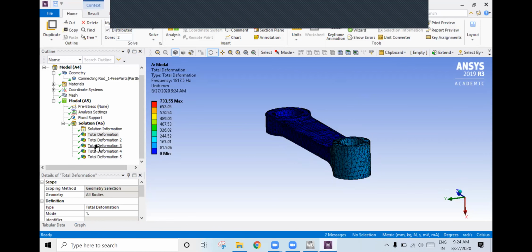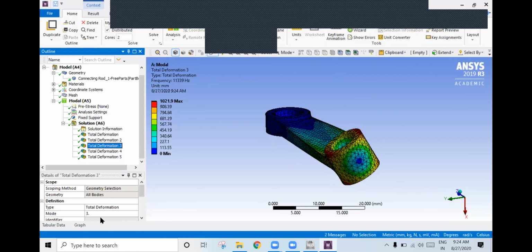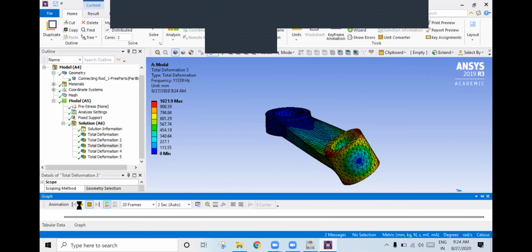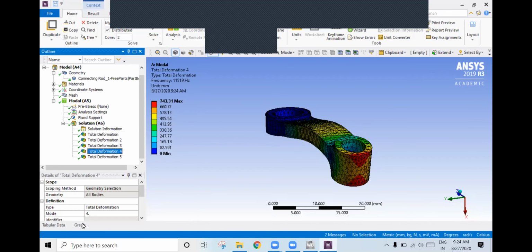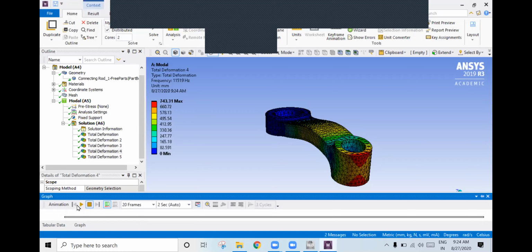Then we have twisting about the z-axis. See, you observe here. So this is the twisting moment.